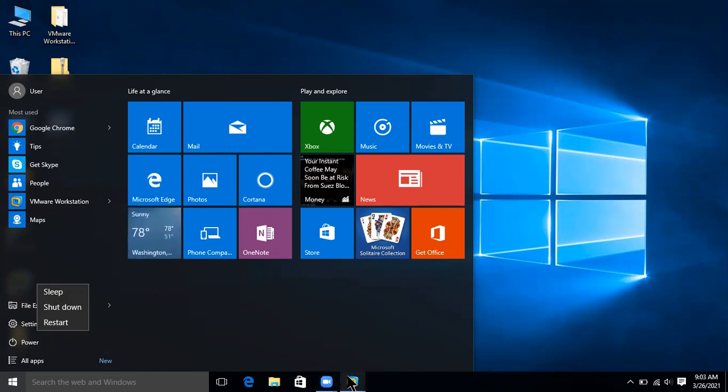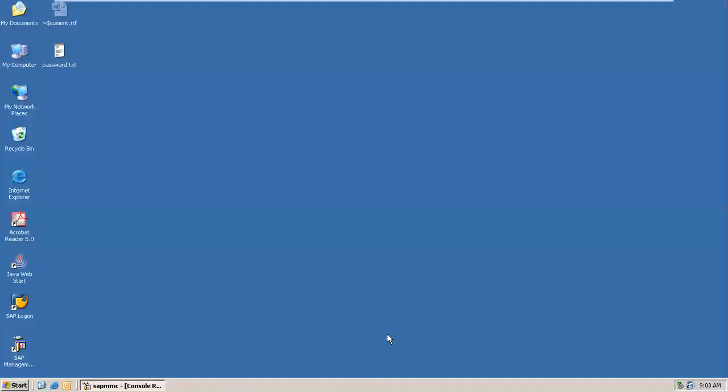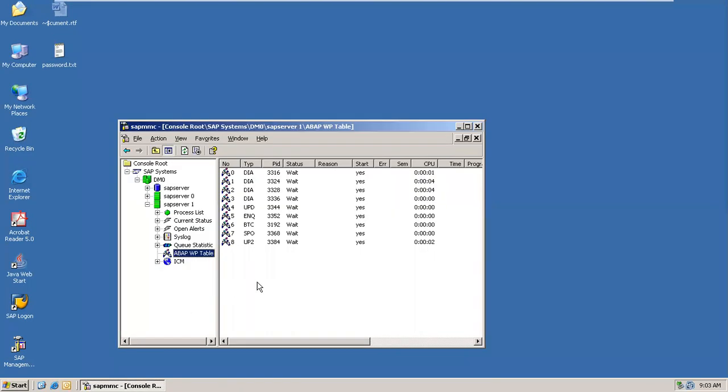So that time you don't have to log in to VMware again. You can simply open it like this. So even your SAP management console or SAP server would still be working. Just refresh it once or twice. Then it takes very little time if you don't shut down your VMware. This is the good practice to open your VMware, if you're frequently practicing it.